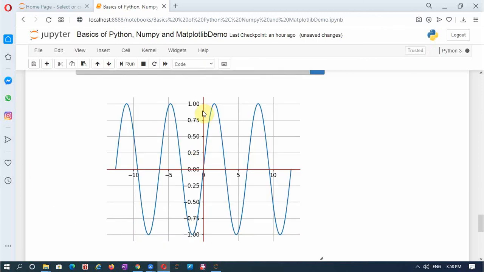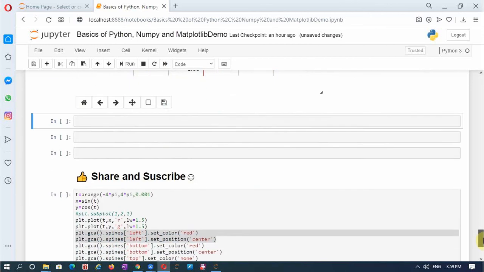If I run this, you can make out here now. This graph looks better than the previous one because I can make out where the origin of the axis is corresponding to time t equals 0 and also the magnitude 0, and I can make out the positive and negative values for the x and y axis clearly.